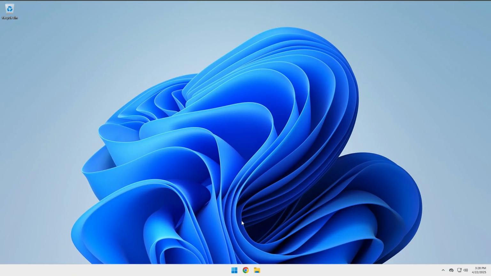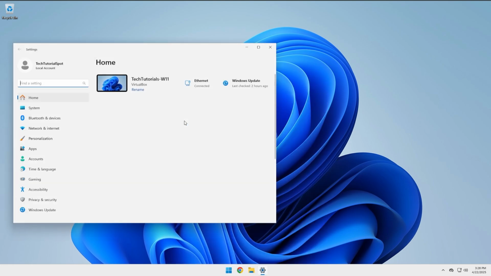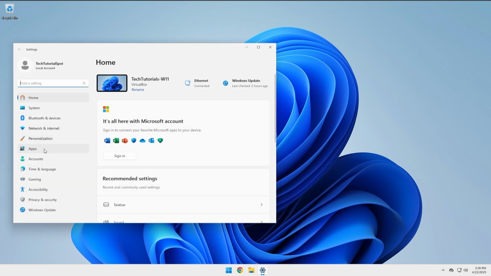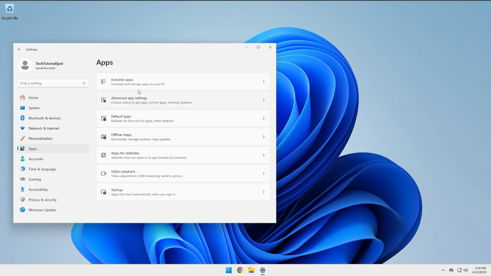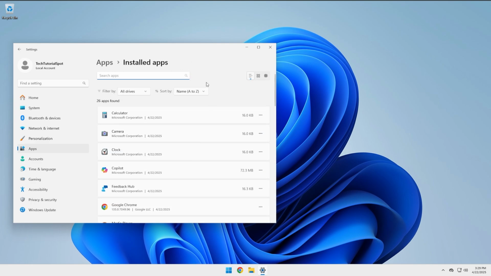So what you're going to want to do is come down to the Start menu. We are going to go to Settings. Once into Settings, we can come over to Apps in the left column here. Once into Apps, you can go to Installed Apps, and this menu will load up any apps that are currently